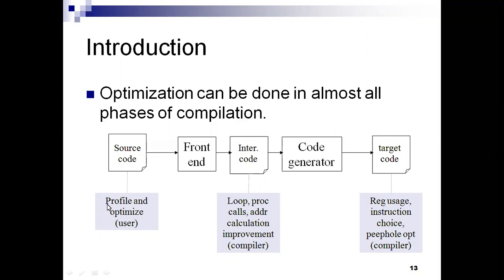Is it clear now? This we can call the conceptual view. Why? Because here also I am explaining about the phases of the compilers, but I am not naming each and every phase. The front end comes under the lexical, syntax and semantic phases. Then intermediate code, then code generator. The code optimization and the code generator come on the back end of the compilers. So this is the conceptual view of the code optimization.